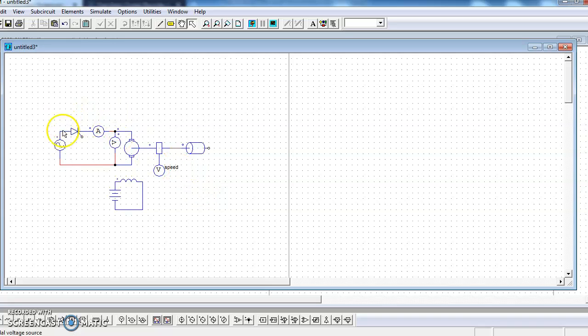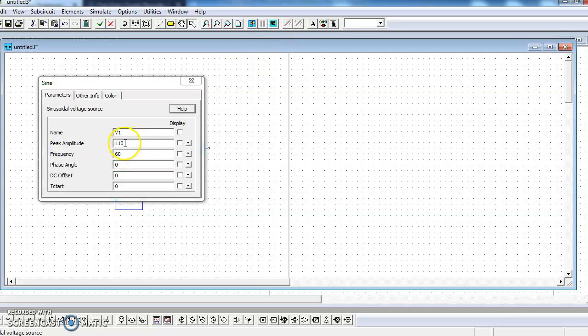Yes, this gating block we have to attach. The gate signal is not connected to anything, so let's connect this gating signal. Take this wire. Now it is completed, but now we have to check all the parameters. What are the values of the various parameters we have to give?